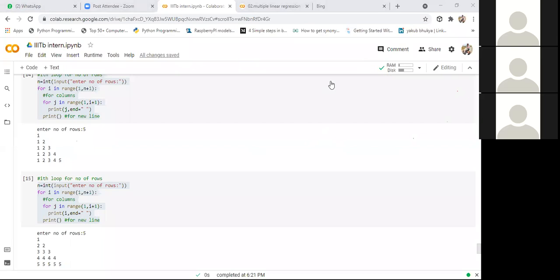Sir, will you explain once again nested for loop? Nested for loop. Who is that? Monica. Heterogeneous means, yeah. Heterogeneous means,